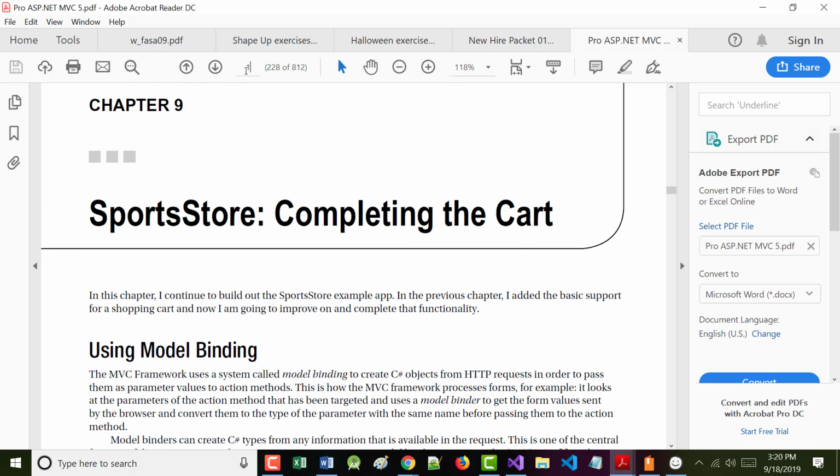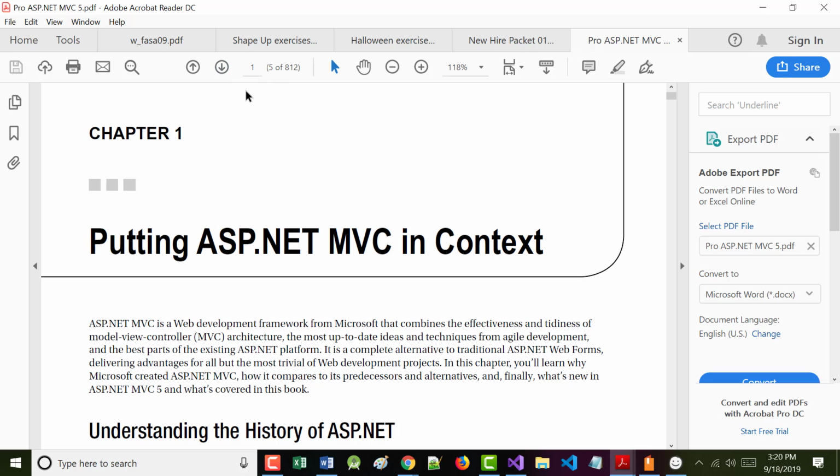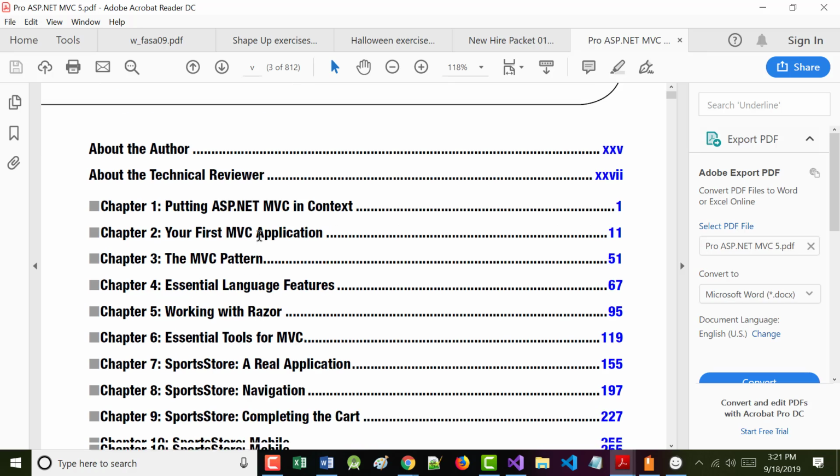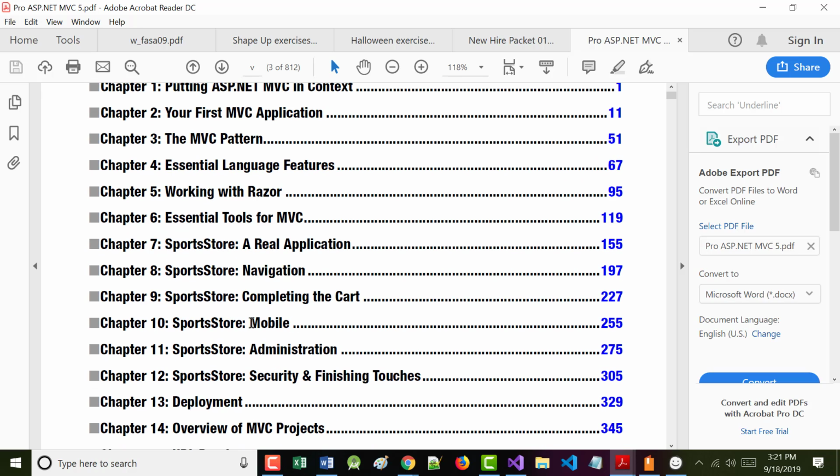After we complete the cart, then we'll try to make it responsive so it looks good in mobile. That's what we'll do next week. Then in the following week, we'll add the administration, a little bit of security stuff, and as they say, finishing touches. My hope is by that time we can deploy this to Azure and or to App Harbor.